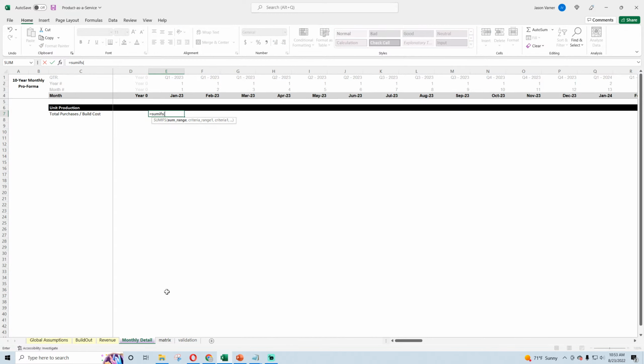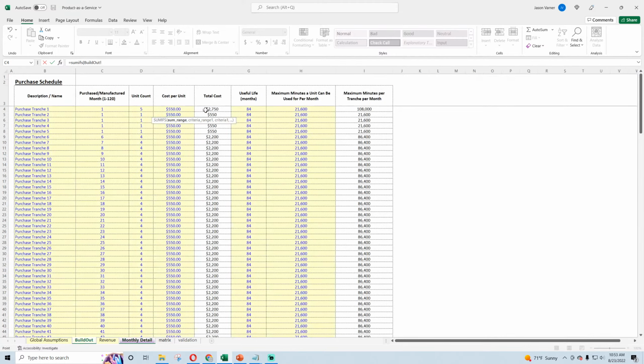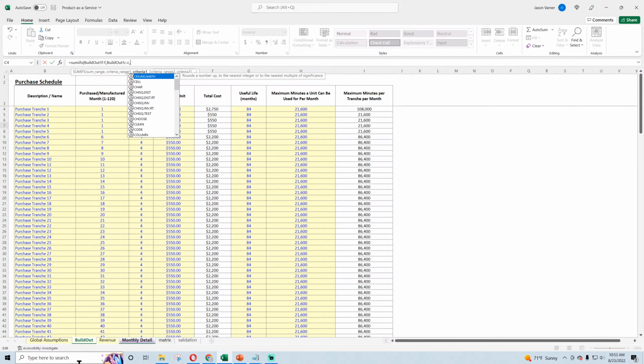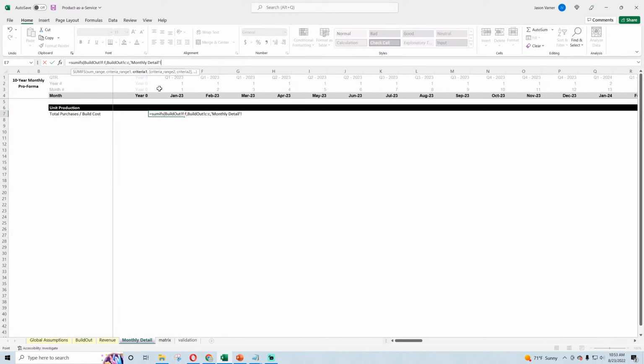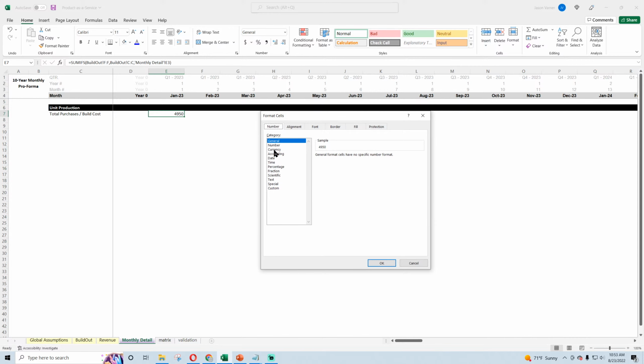And that's just going to be a simple SUMIFS. Total cost in F, if the purchase month here, in C, is equal to the month here. Now, what I would say and what's important to understand is